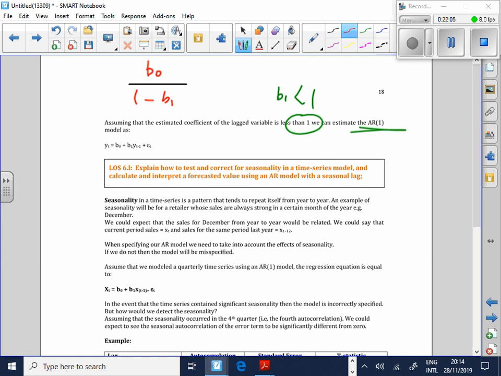Because remember, once you have first differenced, then what can you do? The data now becomes transformed. What does first differencing do to your data? It transforms the data from being not covariance stationary into covariance stationary. Now once it's covariance stationary, everything can work again, back to AR1 models again. Are you happy with that?